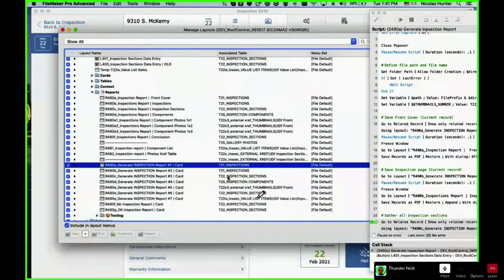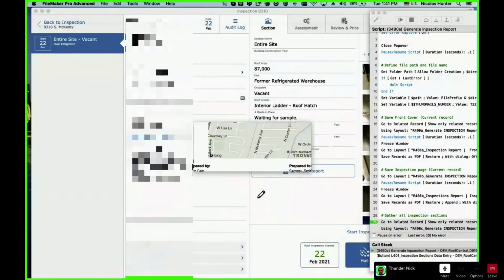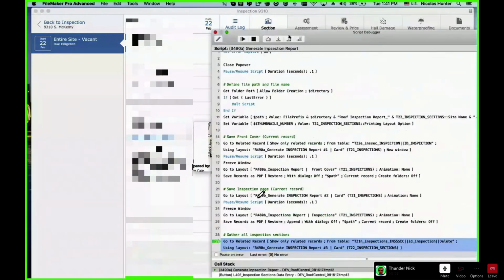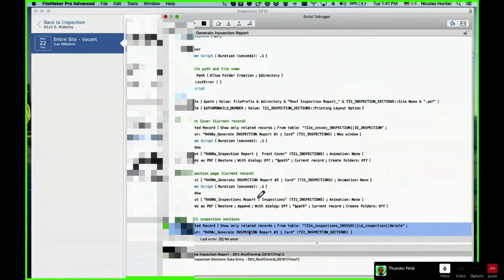So remember what I told you? There's one inspection with multiple sections. I want to go to all the sections, all the related sections to this inspection. So I'm using the link T21N that comes to the inspection table, that goes to the inspection section table. So I'm going there, and I want to show this with card number 3, because card number 3